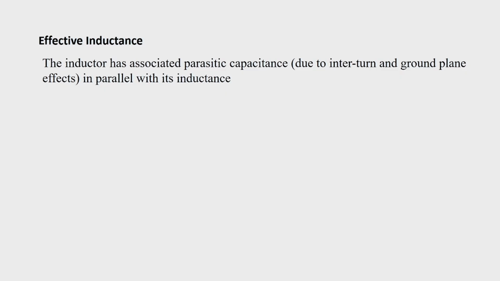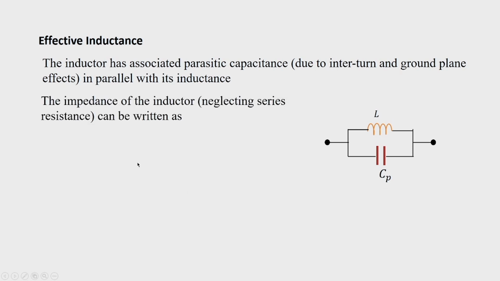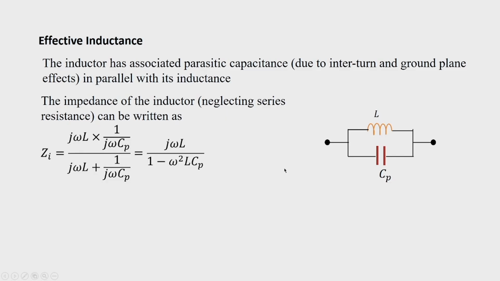This is because the inductor has associated parasitic capacitance, and if we represent an inductor along with its parasitic capacitance, which is represented by Cp, the impedance Zi is actually the parallel combination of reactance of L and that of Cp, and it can be written as j omega L divided by 1 minus omega square L Cp, and this is of the form Zi is equal to j omega Le, where Le is the effective inductance